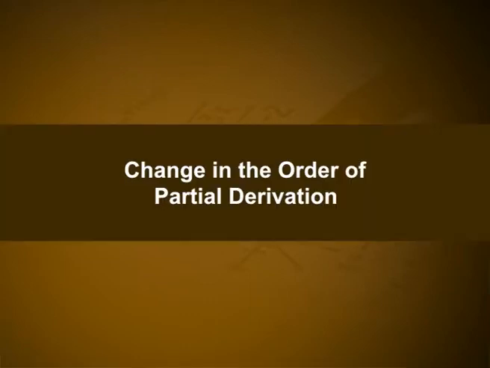Change in the order of partial derivation. In most of the cases that occur in practice, a partial derivative has the same value in whatever order the different operations are performed. Thus, for example, it is usually found that fxy is equal to fyx, and fxyx is equal to fxxy, and one is often tempted to believe that it is always so. But it is not the case, and there is no a priori reason why they should be equal.